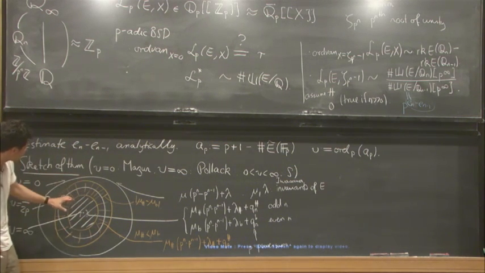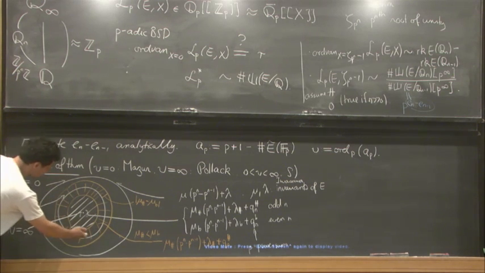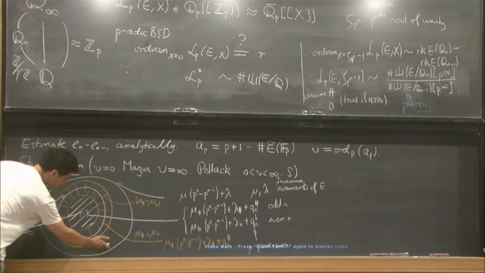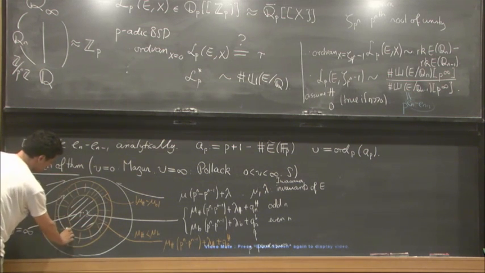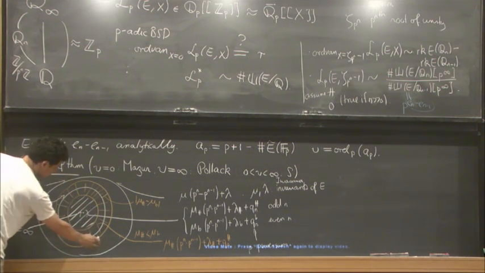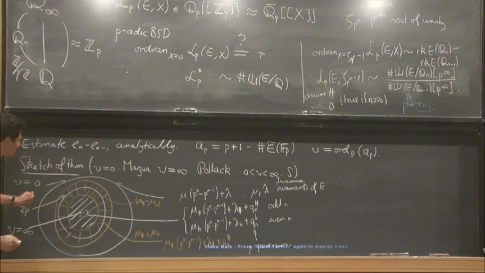There are generalizations of this theorem to modular forms where some crazy phenomena go on at the boundary, in the region between this orange annulus and the outer edge. But I won't have time to sketch that, so let me finish here.